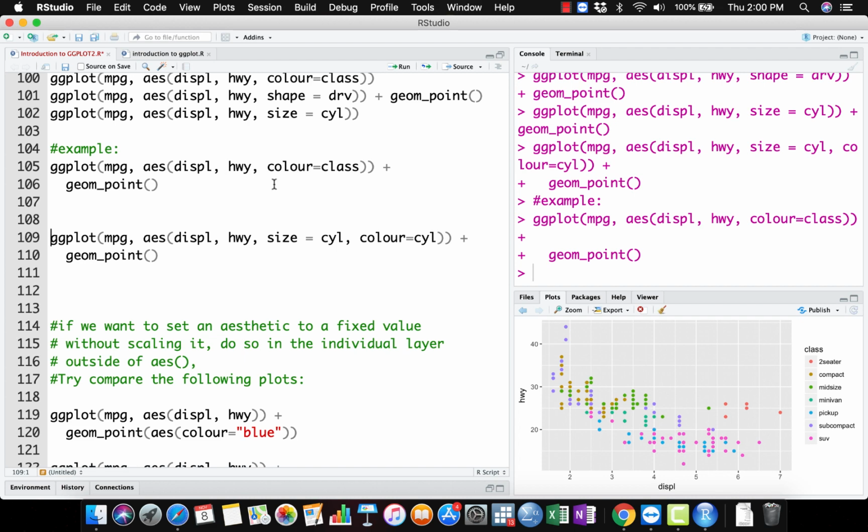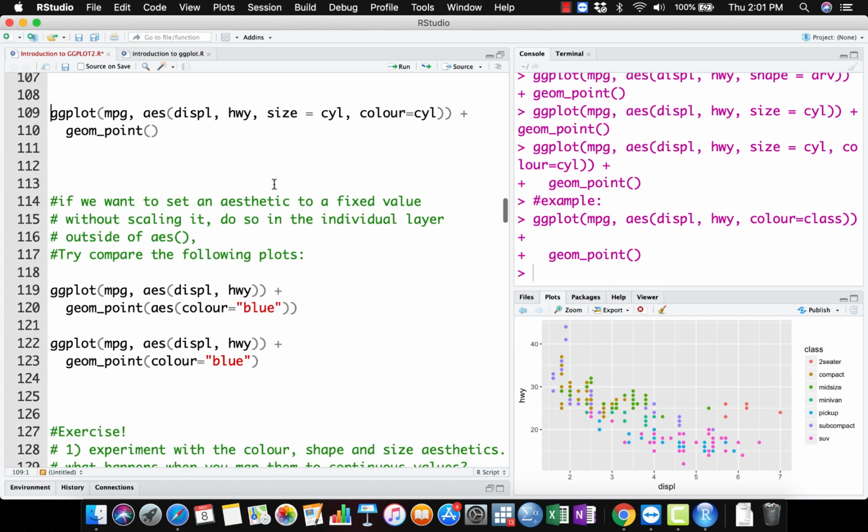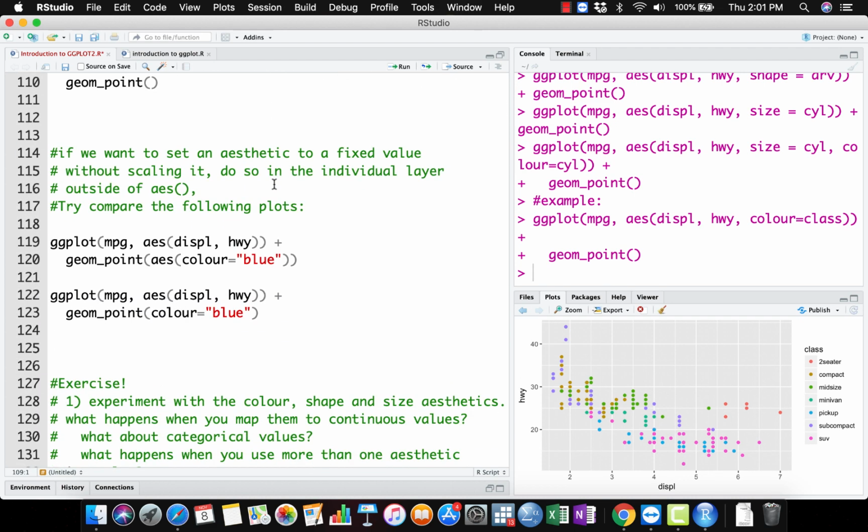So let's say I want to set an aesthetic to a fixed value without scaling it. To do so, put it in the individual layer outside of aes, right? If you put it under aes, it will not obey your instruction,